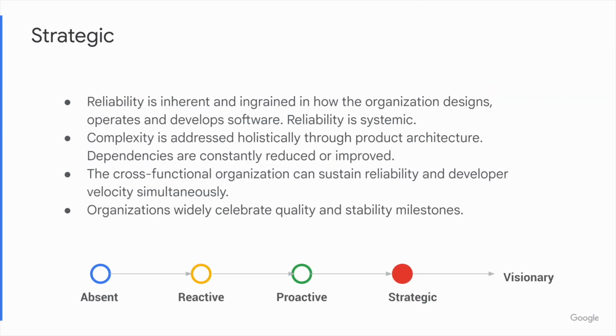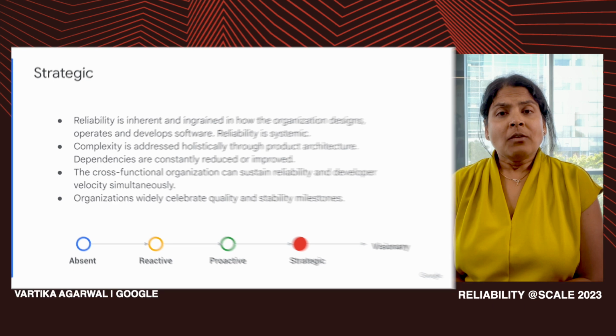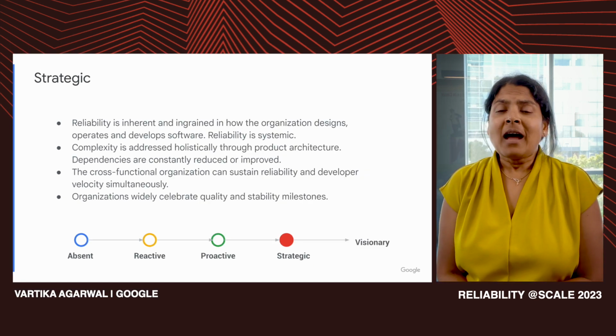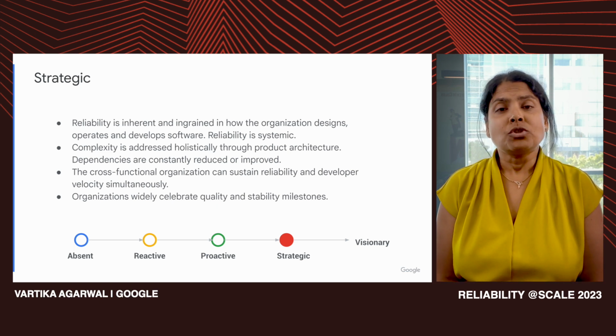Moving from proactive to strategic could take several years, and it's very important that organizations are intentional about this change. And that's because it takes a significant amount of strategy, persistence, and non-trivial investment to get to this stage. In this stage, we start to see a focus on smart mitigation techniques like automated rollbacks, canarying, and feature flags. We start to summarize meta trends across the different metrics, and that's how we are evaluating risk for future changes.